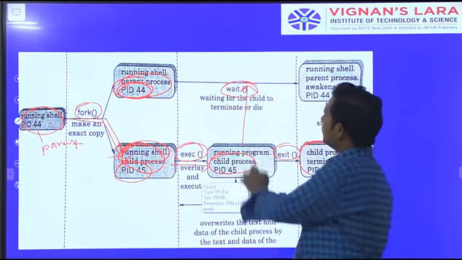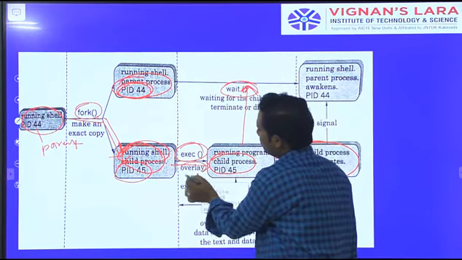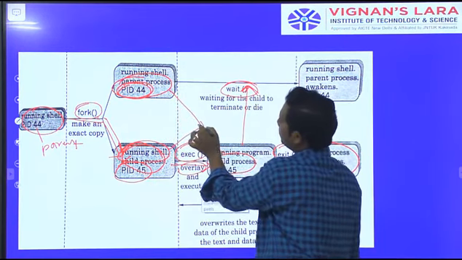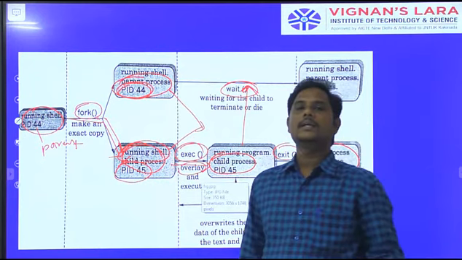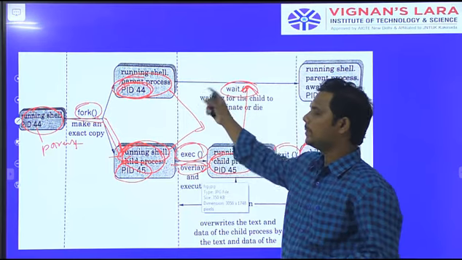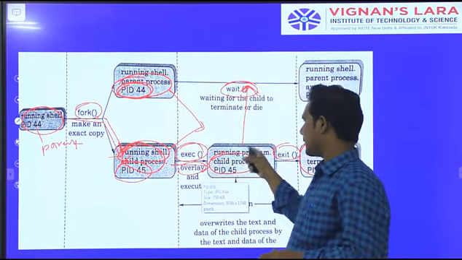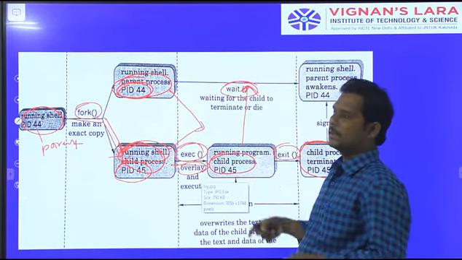That's why the parent is in the waiting state. Why is there an overlap? Both come at the same time, parent and child. At that time there may be a clash. So that's why the parent will be sacrificed to the child. The child process is executed, and then only the parent is executed.